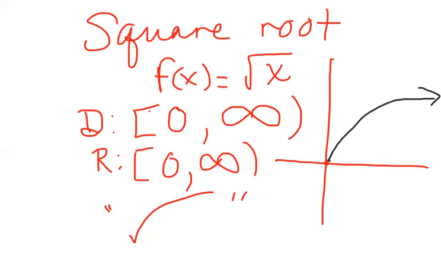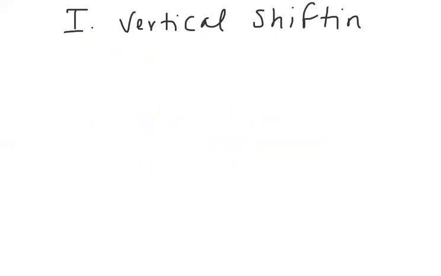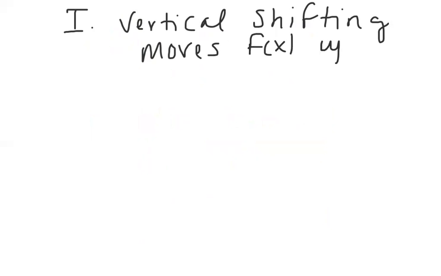Positive y values. So these are the three functions we're going to look at. Now, guys, I am not going to be looking at all the transformations with you. I'm only looking at 4 of them, starting with the vertical shifting. Now, the vertical shifting occurs outside the function, and it moves the function f of x up or down